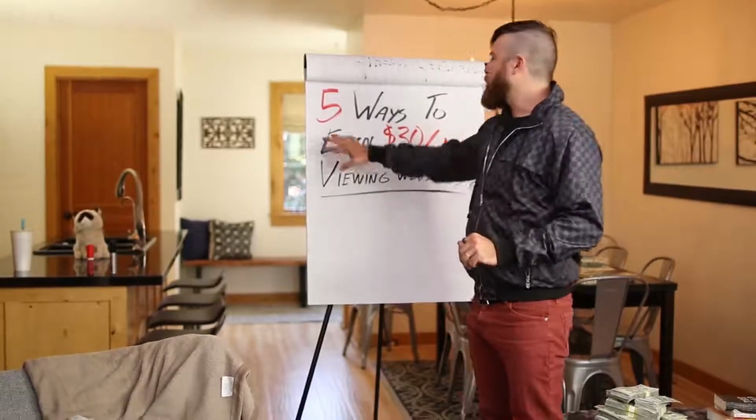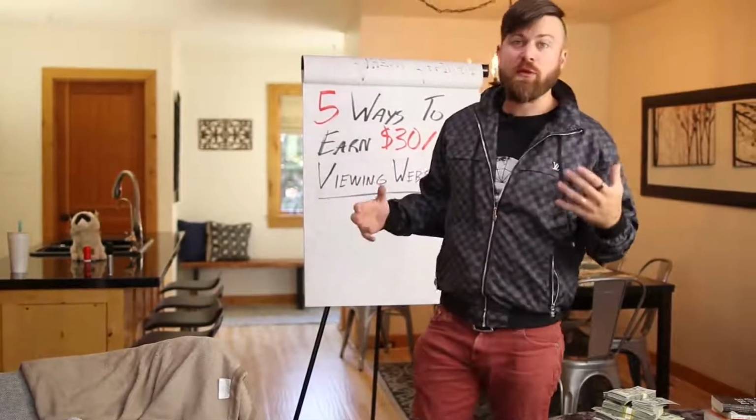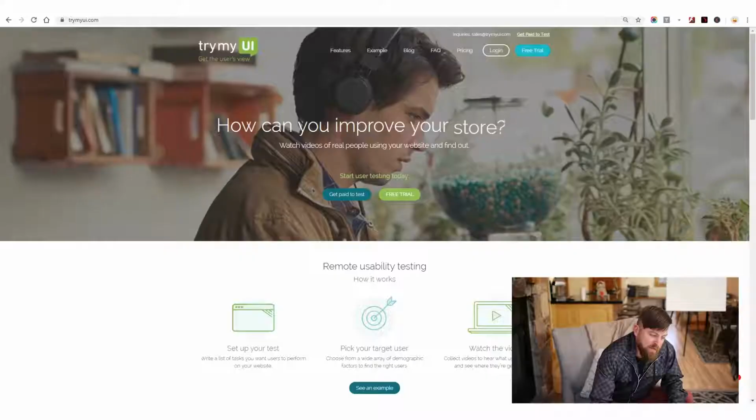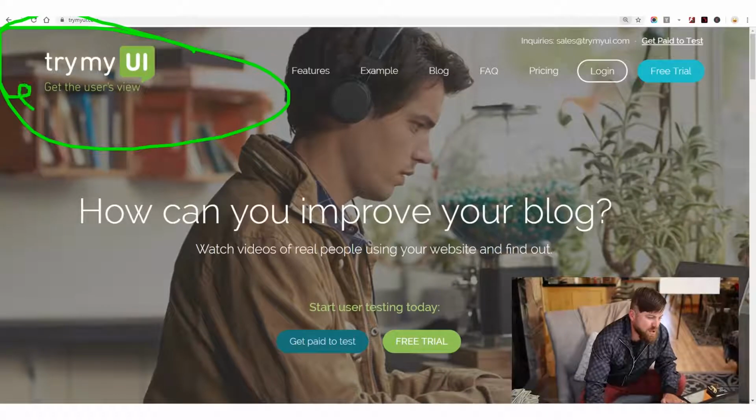Okay, so once again, what we're going over is 5 different ways you can earn up to $30 an hour viewing websites and literally browsing the web. So I understand this sounds too good to be true, but it is working. And I'm going to show you, if you hop on my computer right here, you'll see I'm on the first website. It's called